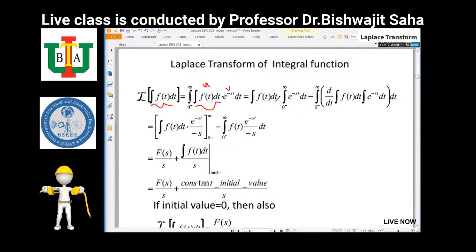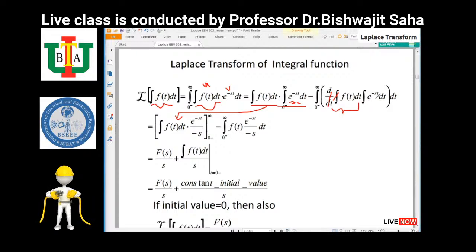Okay. First term coming here: the integration of f of t dt, e to the power minus st divided by minus s, from 0 minus to infinity. Right? Because this is a simple integration. So that's minus, 0 minus to infinity. So d by dt and integration cancel out each other. Integration and differentiation cancel. So f of t,